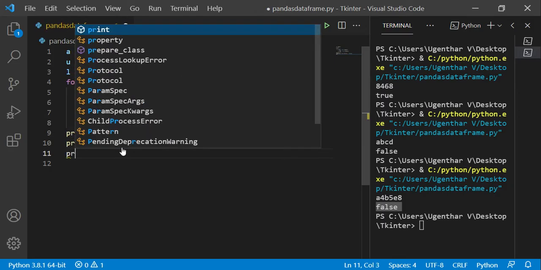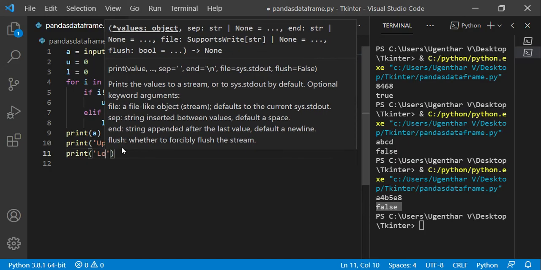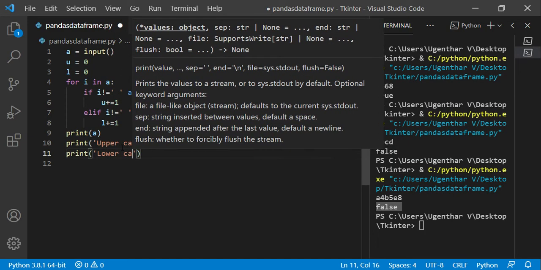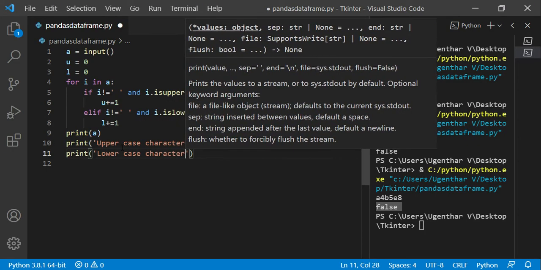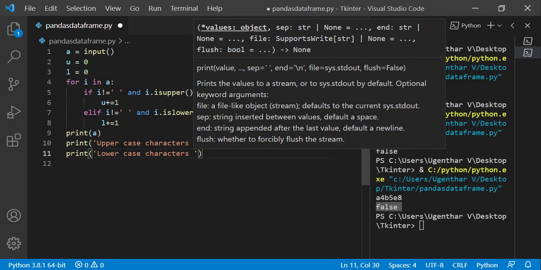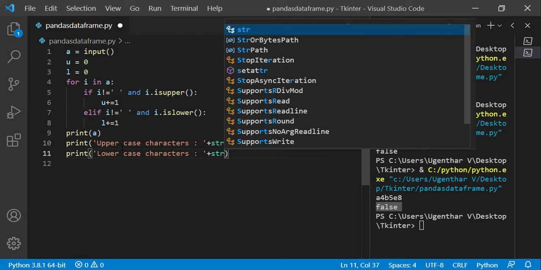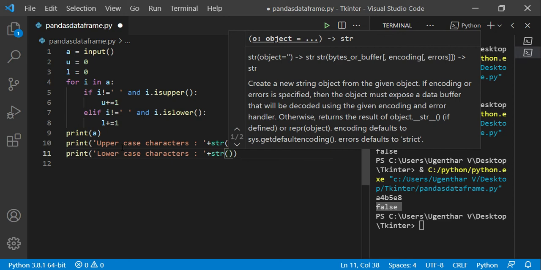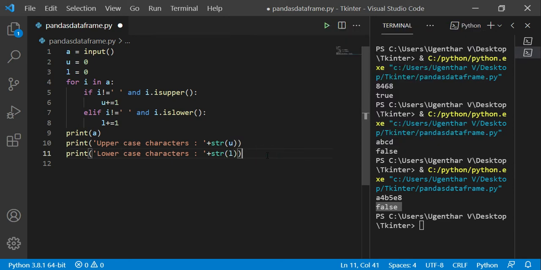So I am using u. Print of lowercase characters plus str of l. l contains the count of lowercase.